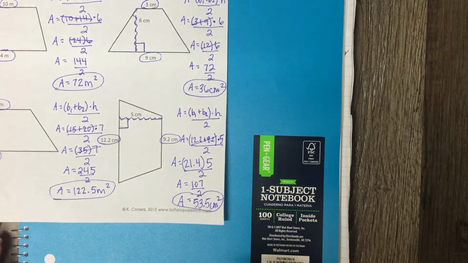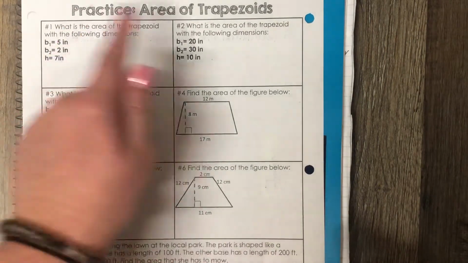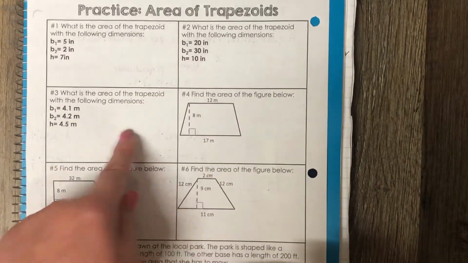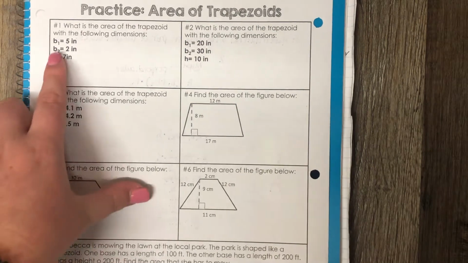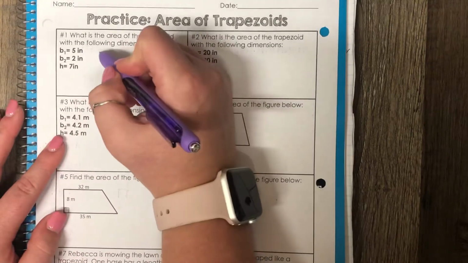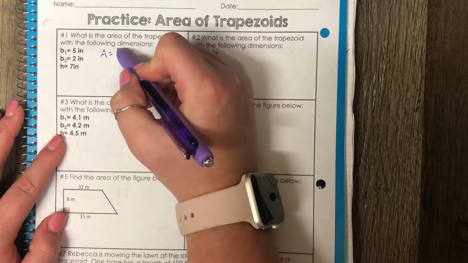okay? Now we're gonna flip over to the back side of the paper, and I want you to try to do these on your own, okay? So there's nothing weird about any of these except 1, 2, and 3, they don't give you a shape. But they make it very easy because they give you base 1, give you base 2, give you the height. So once you write your formula, which you're going to write every single time,